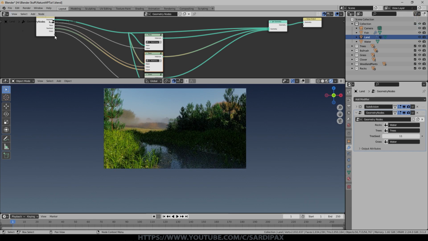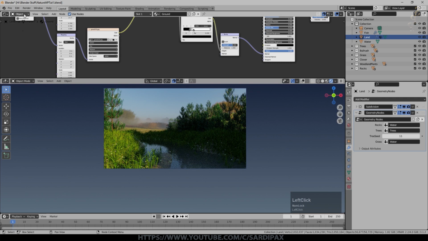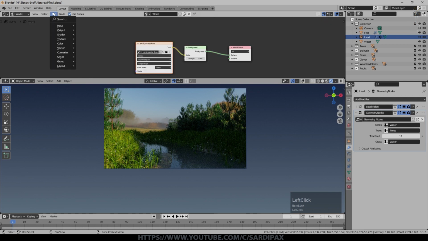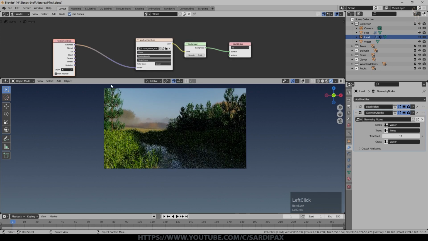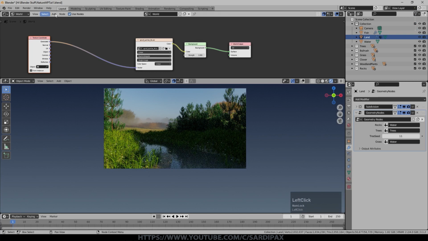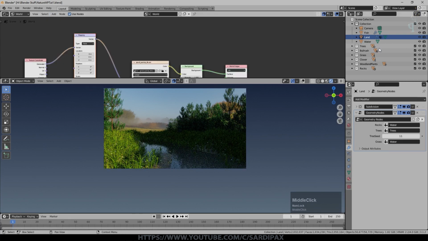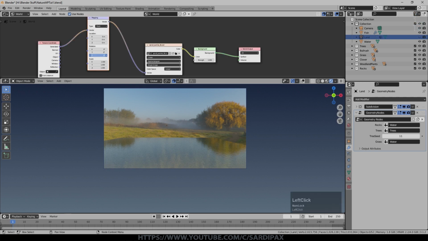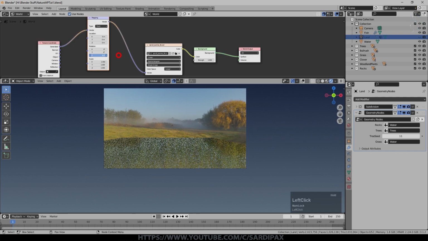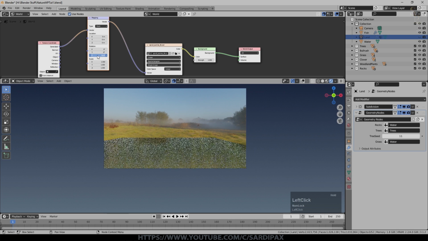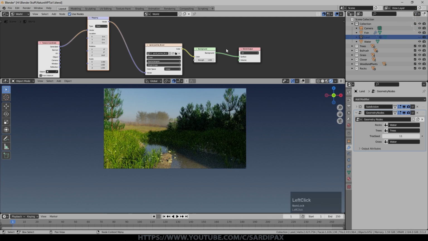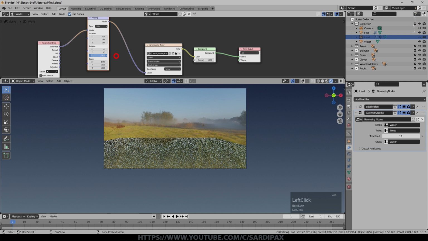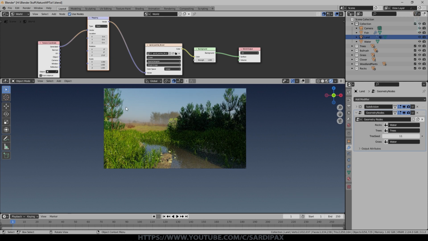So if we go to the shader editor and select world, we can add an input which is texture coordinate, and if we just say generated to start with, you see that doesn't make any difference, but we can now add a vector mapping node, and I'm just going to blank the land for a moment so it renders a little more quickly, and then we can try rotating Z, and you can see the HDRI is moving around. So that's a bit more interesting. Bring it around a little further, and you can see we've got the light coming in more behind the camera now.